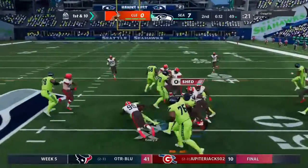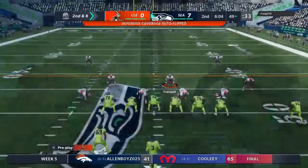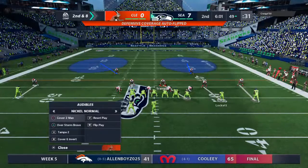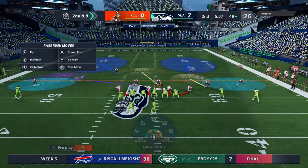Now they try the right side here. And he's going to take this across the 50 into Browns territory. Give him a couple on the carry there. 2nd and 8. Yards on the pickup. It's 2nd and